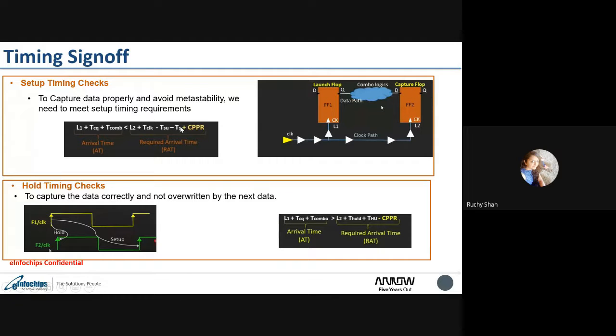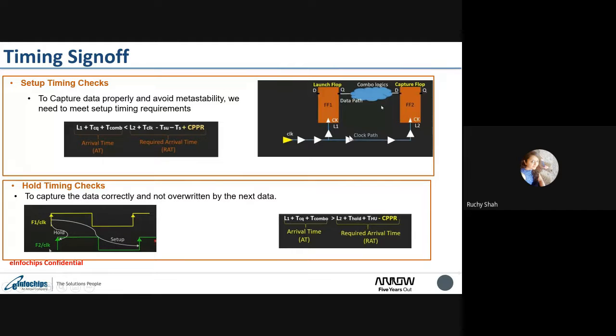So we need to subtract that setup time, and we consider some clock uncertainty. So TS is your clock uncertainty. Then in lower nodes we do common path pessimism removal. Till this common point we are considering the max delay, and in this path we are taking the min delay. So the difference between the max and min delay till this common point is what we consider here in CPPR.